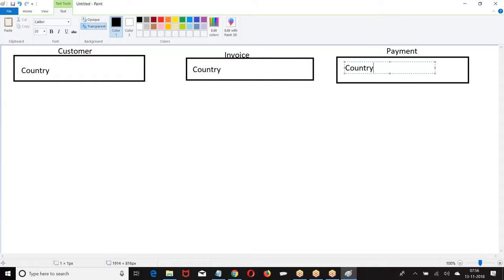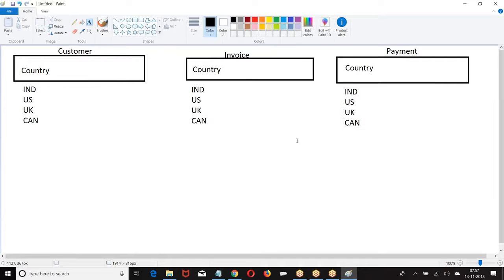Now the point is, whatever the options I have in this field, same set of options should be there in this also. I have a pick list field in multiple tables, but options in the field should be same.